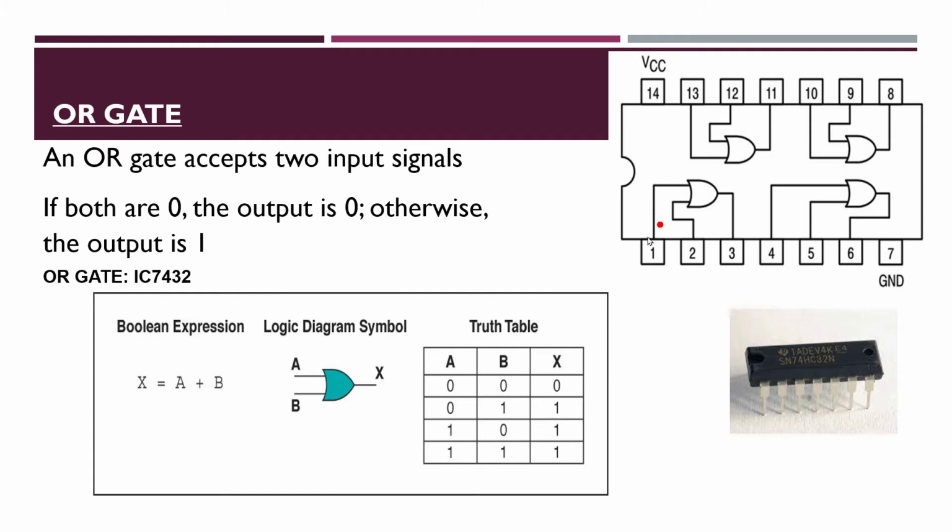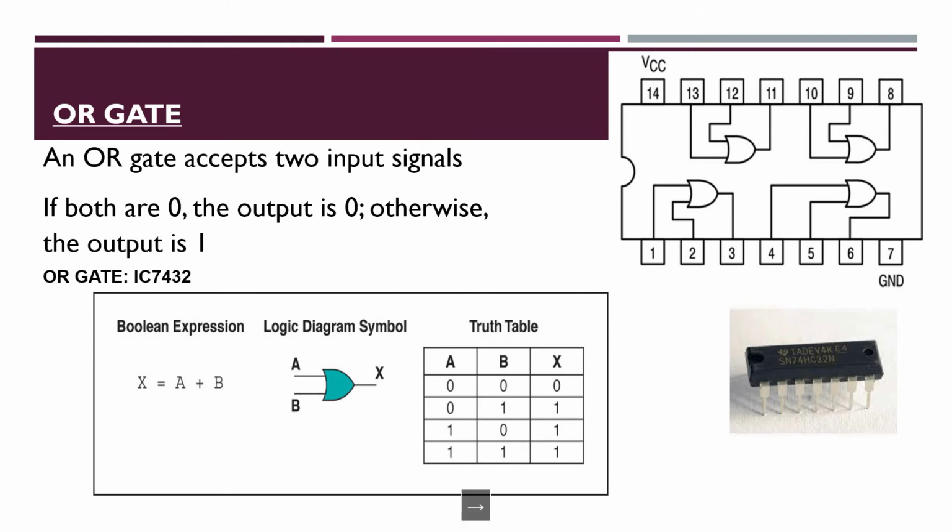And this is the logic diagram for your OR gate. It is like an elongated AND gate. So this diagram is going to look something like this. So this is going to be your OR gate. In the case of the OR gate, we are using the plus symbol for the Boolean expression, and we are going to add two input signals.